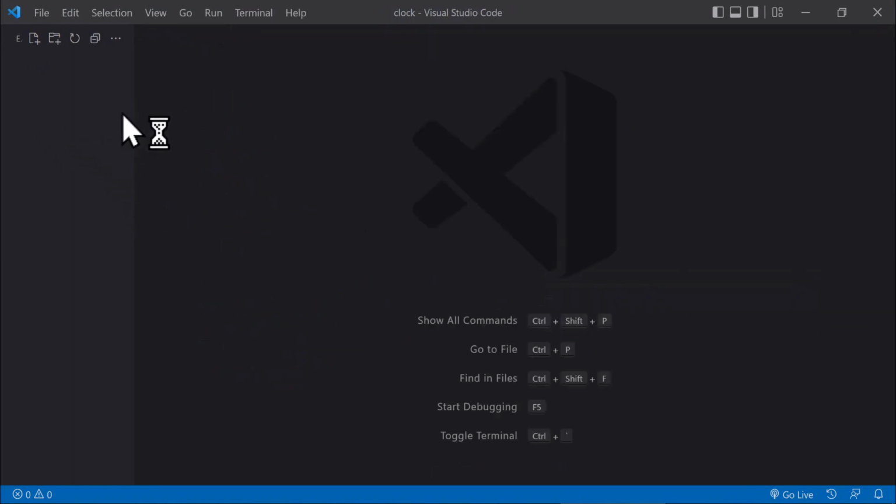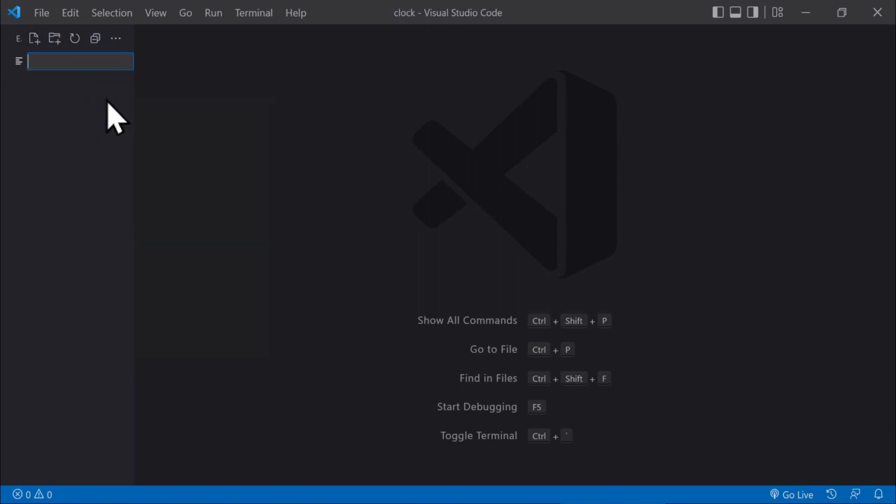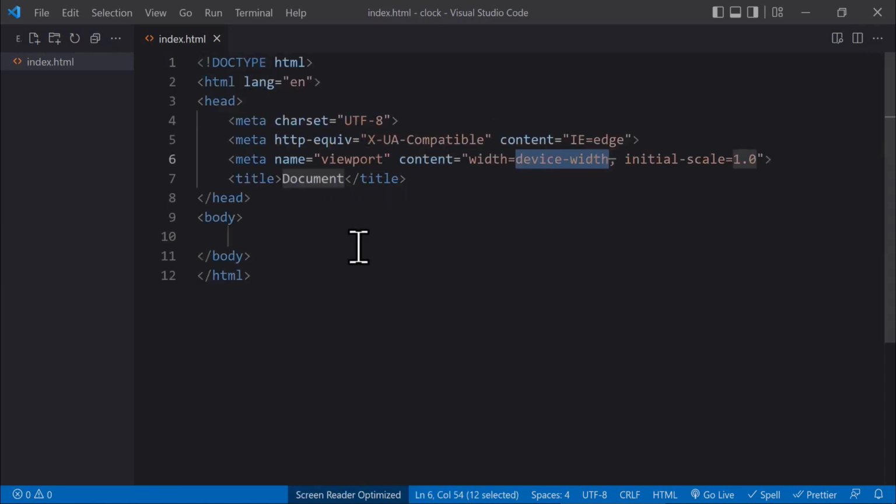On the left side in the Explorer section, we create an index.html file. So we just need to click here, or we can right click and click on new file. We just say index.html. Here we have this empty HTML file. But we can use an exclamation mark like this, and using Emmet, we can create our HTML boilerplate, which includes